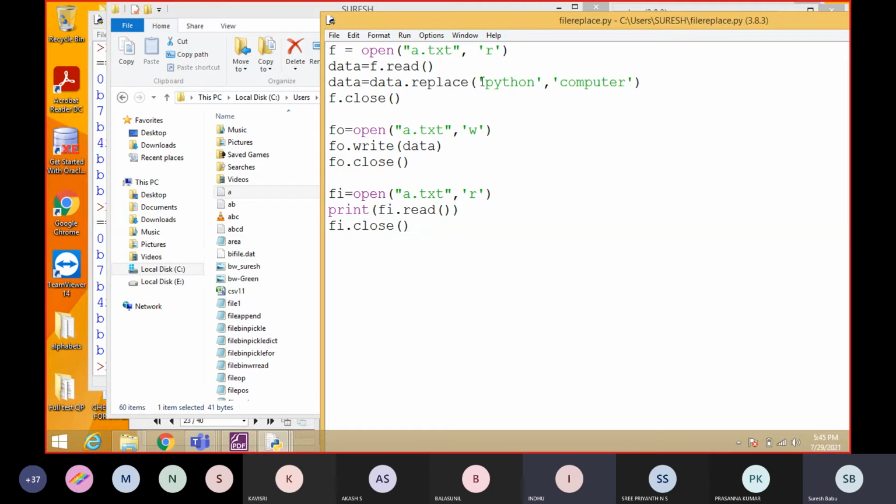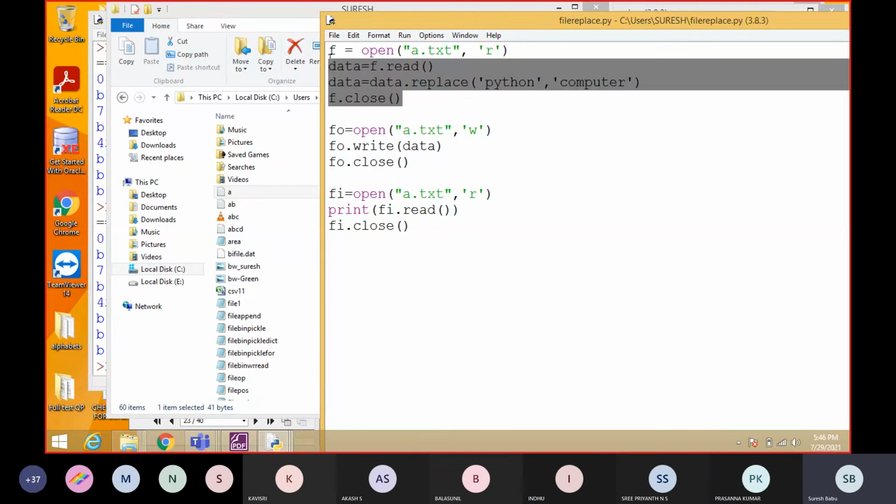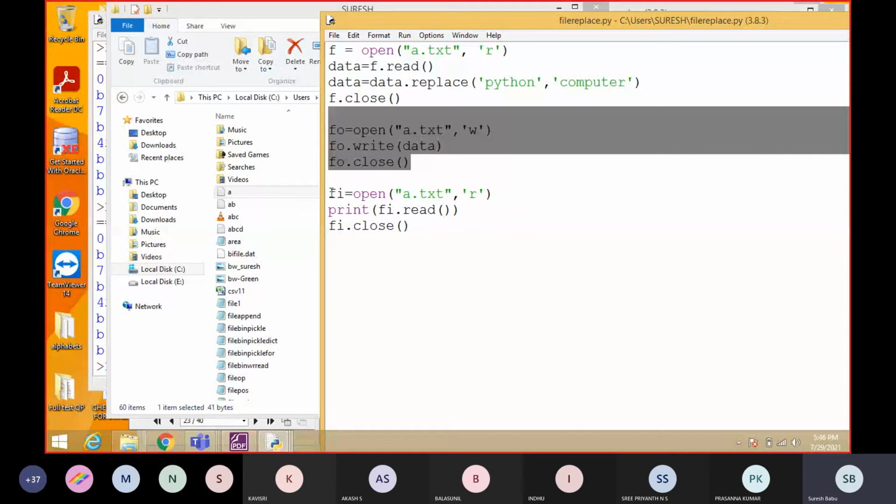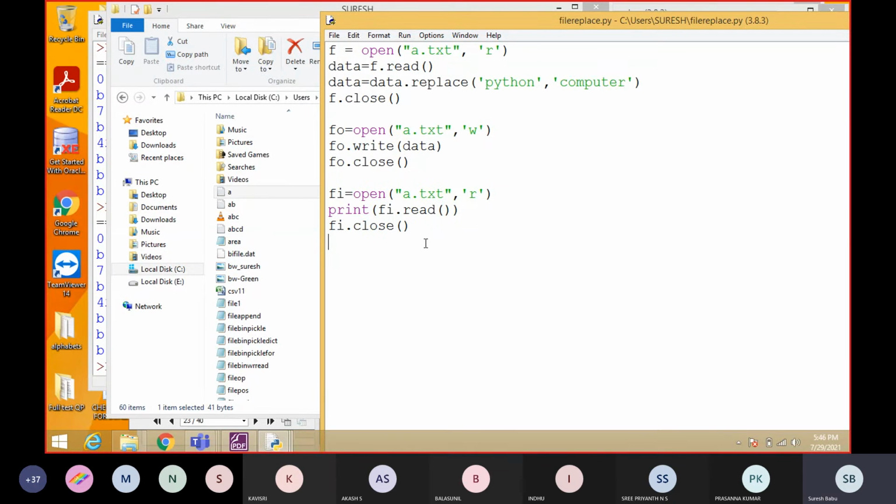We are going to change the data. Yes. Actually we cannot see the changes; we need a print function to display. So for that we again write the data, because we changed everything in this data value, and by opening in write mode we write the data into the file. Writing all the data, then closing, again reading and displaying the file. This is what is going to happen.